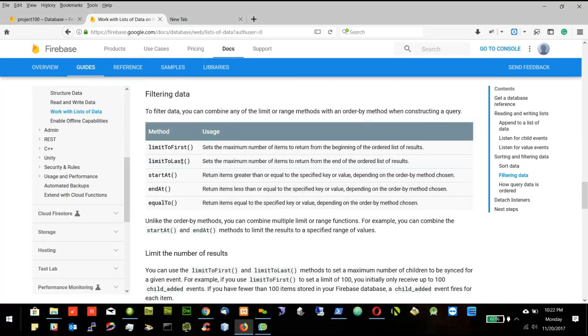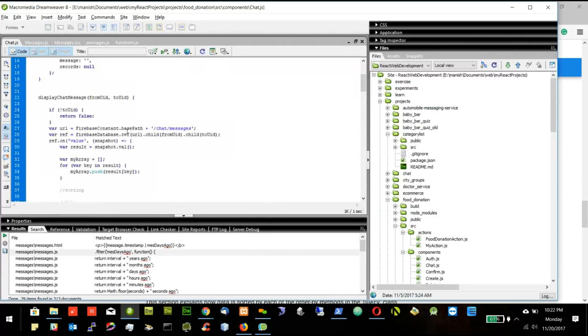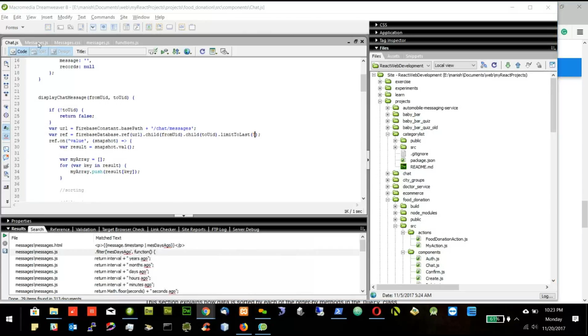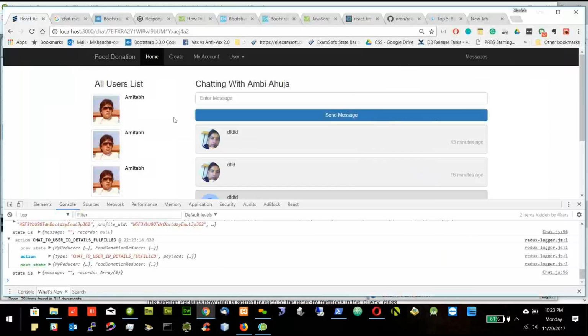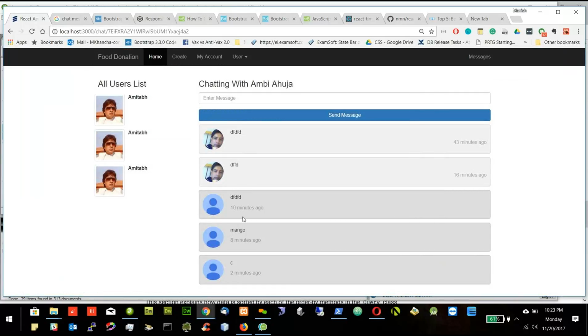Limit to last will be only displaying the last 100. Let's say if I say limit to last 100, it will show only the last 100. So when I have this reference, I will add one more point, dot limit to last. Let's say I want to limit to the last 5 items, so I put limit to last 5. If I go here, you will see only the last 5 items are coming, 1, 2, 3, 4, 5, but